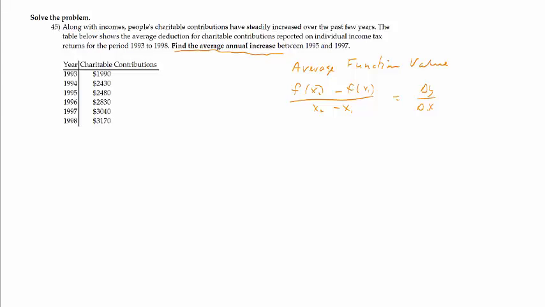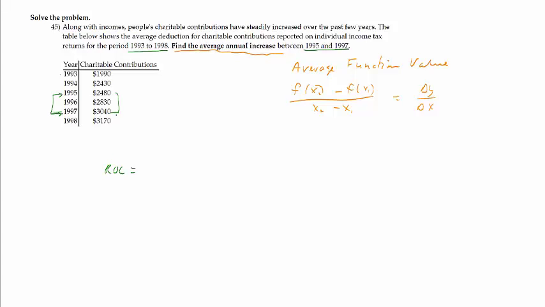So where do I want to look? What time periods am I looking at? This whole thing is from 93 to 98. I am looking for the function value between 95 and 97. So I want to go from here to here. And again, it's going to be the change in the y's over the change in the x's. So my average rate of change here